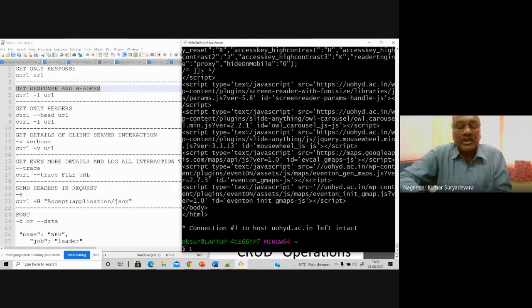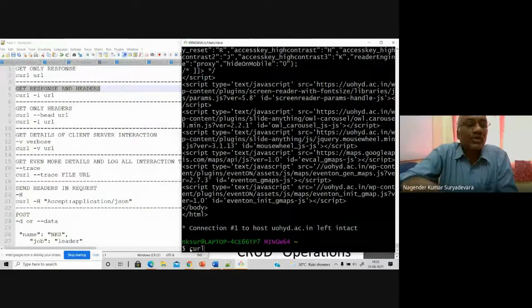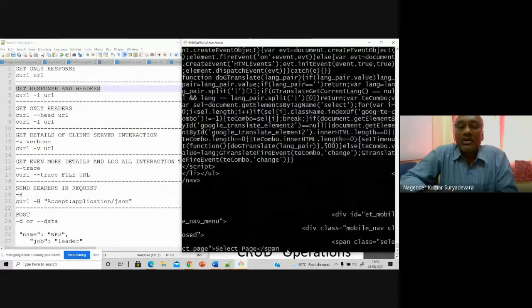So if you want to store it onto a local file on your system, you can issue the command curl with the option trace, and give a file name, something like log file of UOHYD, followed by the URL, uohyd.ac.in.